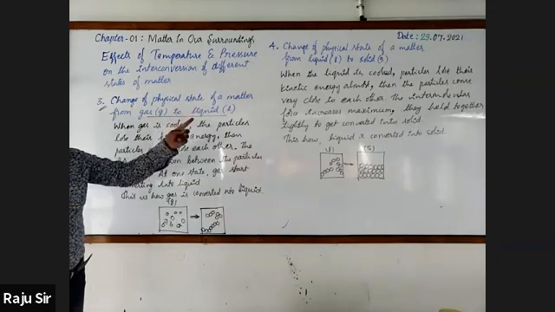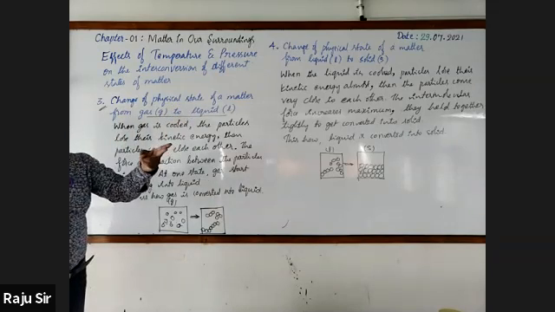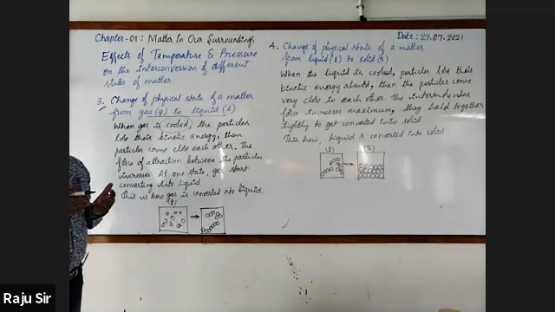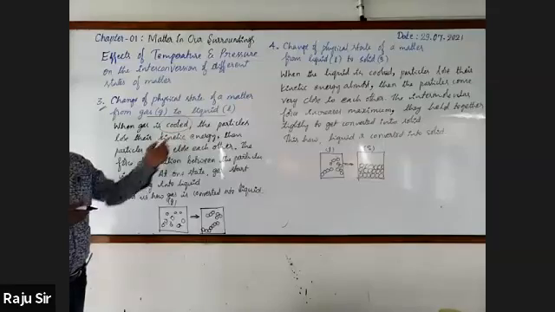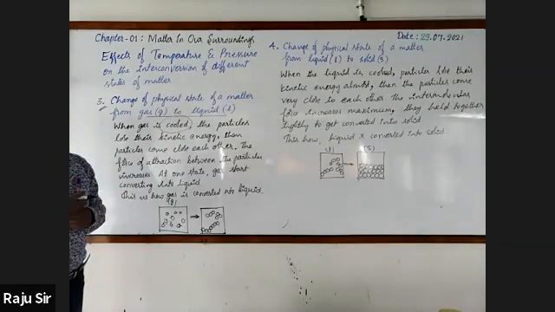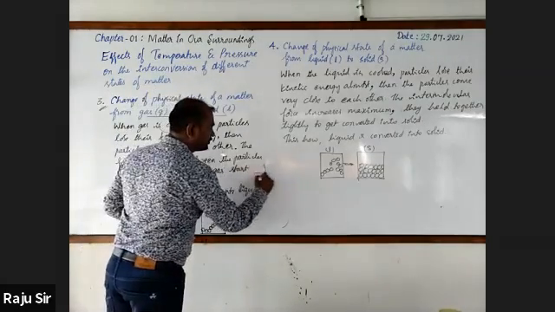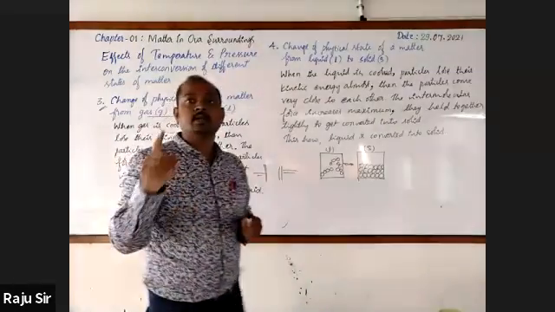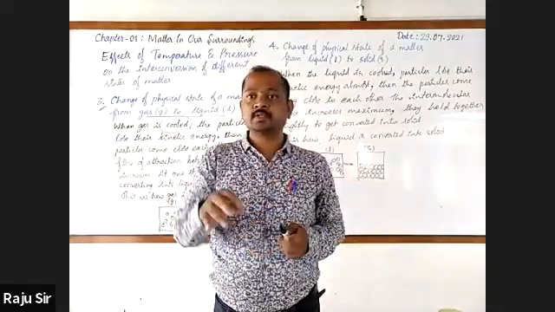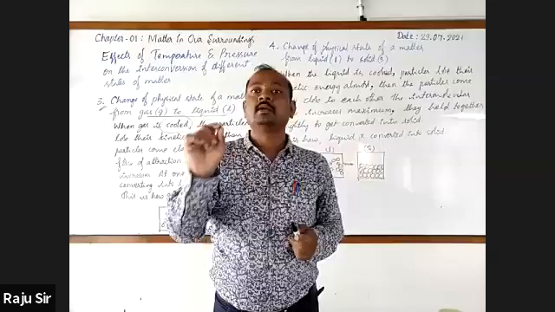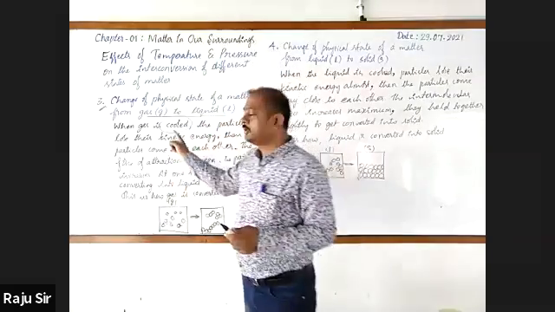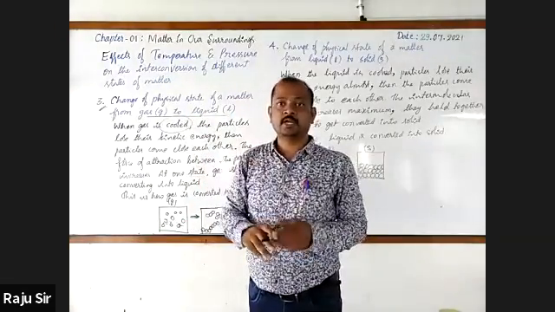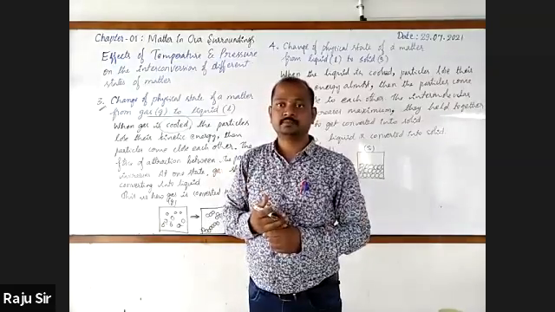So gas can be converted into liquid in two different ways. One is temperature, by cooling. The second one is pressure, by increasing the pressure. So this is how gas is liquefied. Once again, gas can be liquefied in two different ways. One is by decreasing the temperature. The second one is by increasing the pressure, or by applying the pressure.